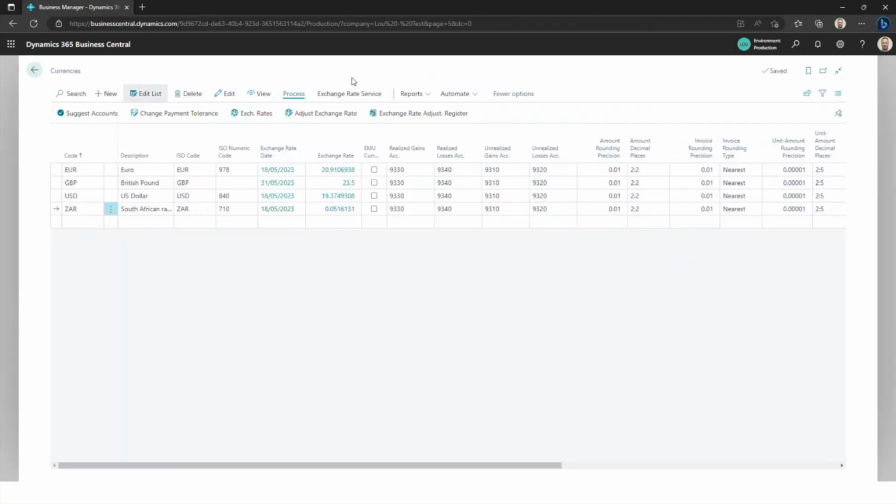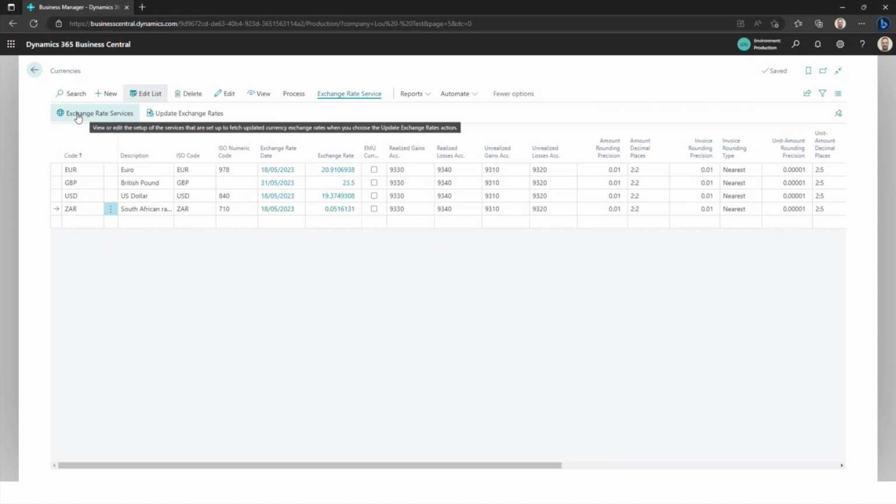Then if we quickly go into a feature which will assist you a lot in very quickly creating currencies, there is this exchange rate services feature, which you set up by going to,